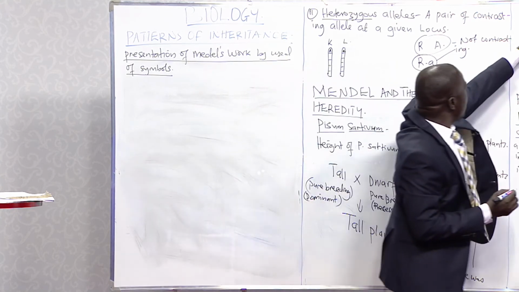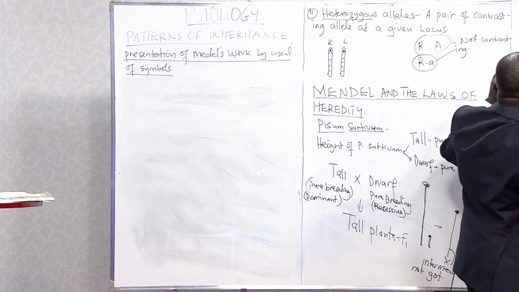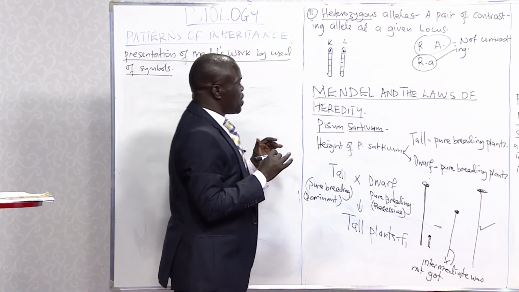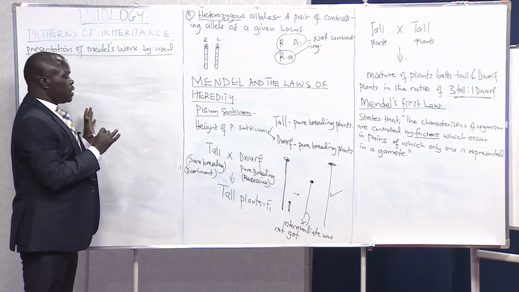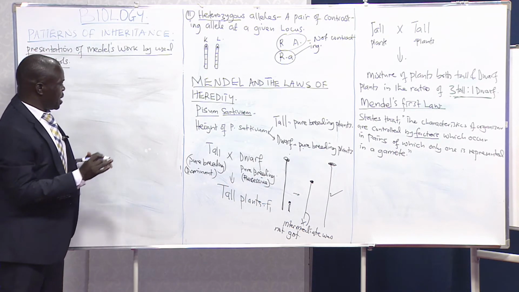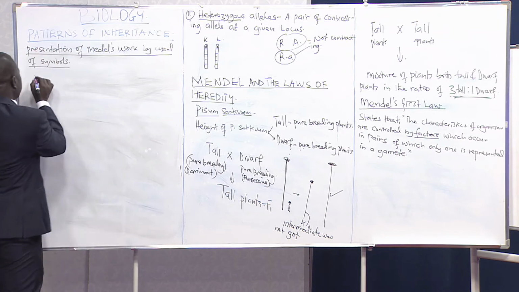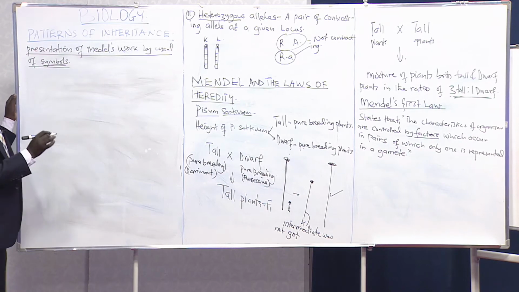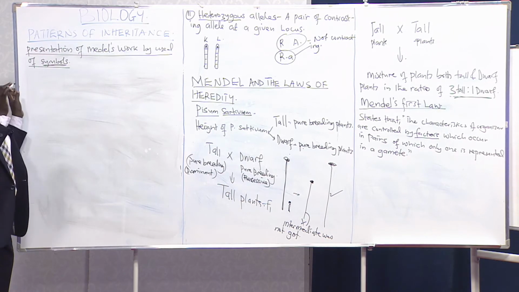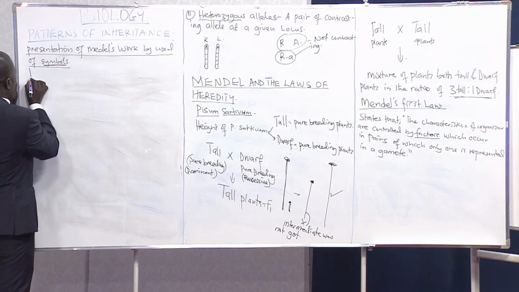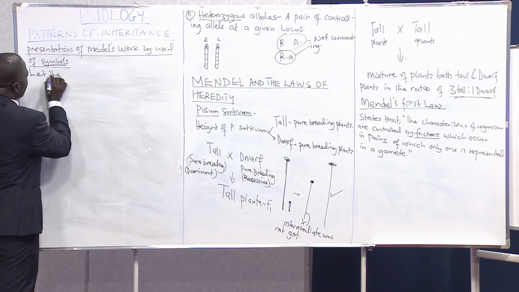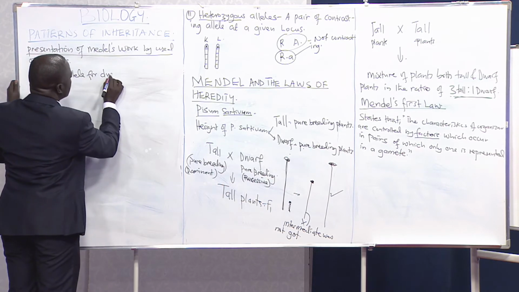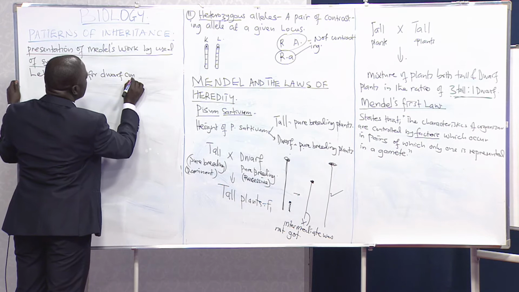So here we got a mixture of plants. Let us now see how we can present these things, looking at the tall and the dwarf. We are going to use symbols. I told you in genetics, genes are represented by symbols. So let the allele for dwarf condition